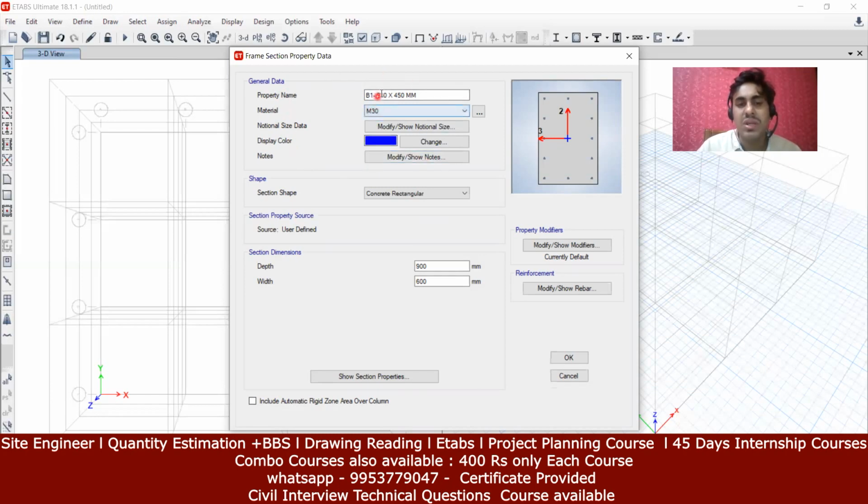Now, see, I've given a name here, 230 by 450. That doesn't mean that ETABS will design this considering 230 by 450 size. So this name is given for my understanding. I just want to find it when I have different sizes of the beam. So this is for my understanding. But if you want to tell ETABS that you want to define 230 by 450 size, then you can see